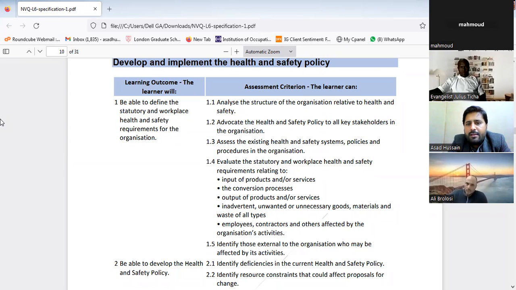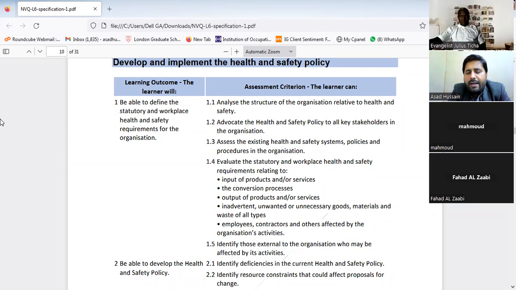Okay, just listen. You have a health and safety management system in your organization, and you have policies and procedures in the organization. Simply from different indicators, you can check how your health and safety systems, policy and procedures are working. First of all, you will see your health and safety management system. You will assess what level of health and safety management system is established in your organization, whether it is on proper law,